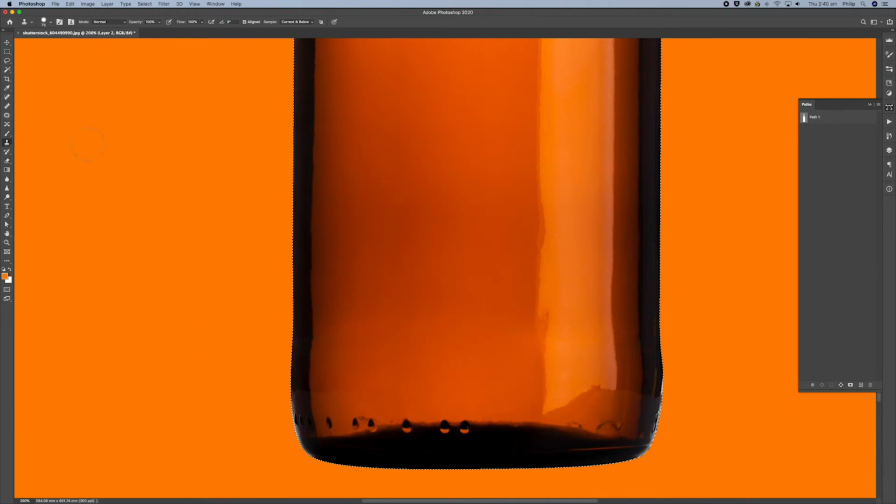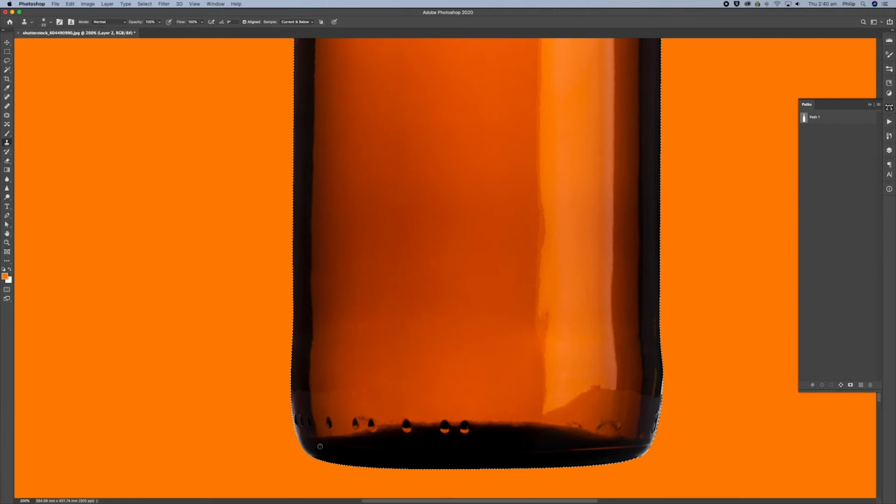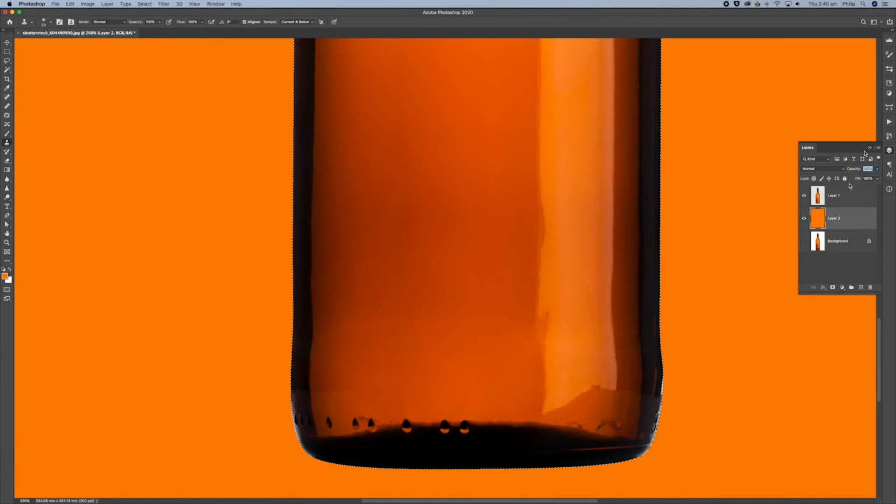the cloning tool. We'll pick up a smaller brush, and I can just go like this. Oops. Make sure I've got the right one selected. No, I haven't. There we go. I've got that tool. I can just select that, just fill that in a little bit, and no one's going to know that that was